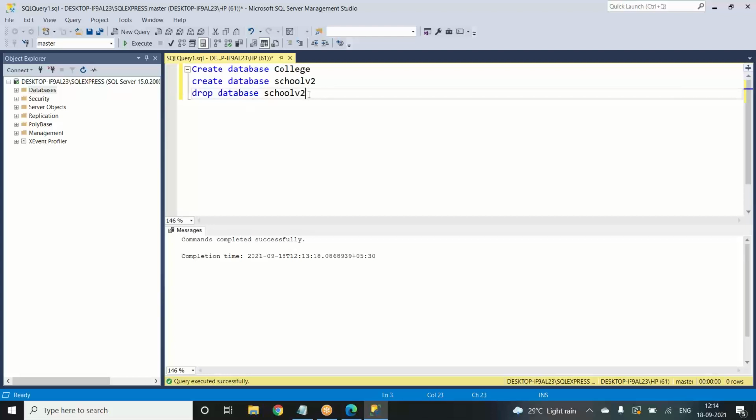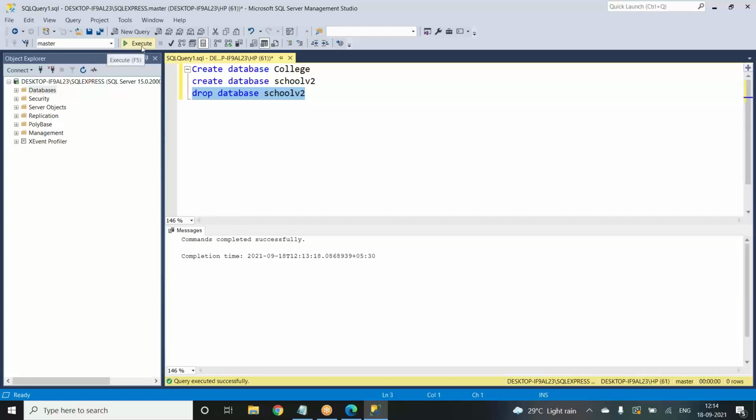So we have drop database. Normally as a business analyst you wouldn't use it, but whenever you use drop, make sure to check it one or more times, because when you are dropping, you're deleting all the contents in a database. So be very careful if you are using this drop option.